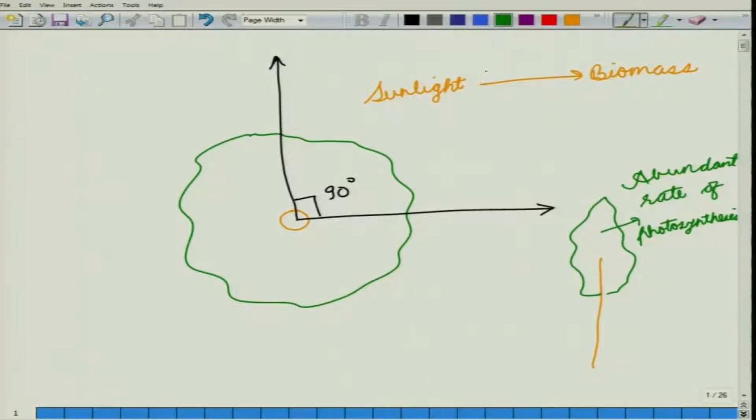So, this is the process of photosynthesis. When it is converted into biomass, this biomass is in the form of sugars or carbohydrates,